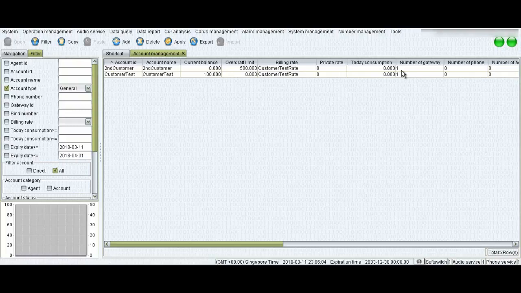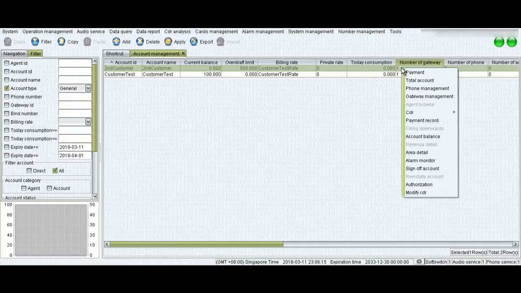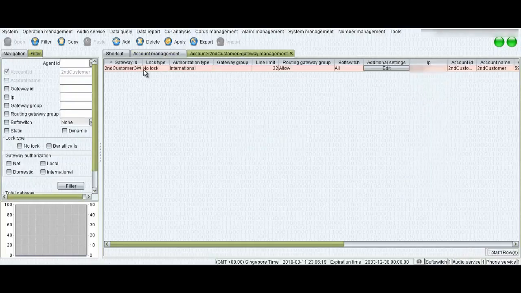Now just consider this: you have a huge list of customers, and when you go to gateway management, you see this is red. It means that this IP address has been assigned to some other customer.